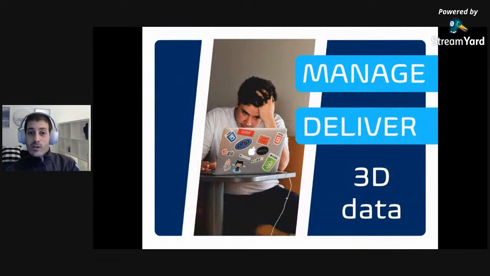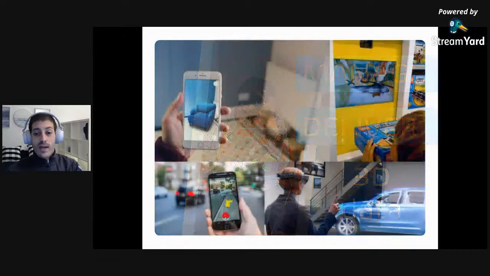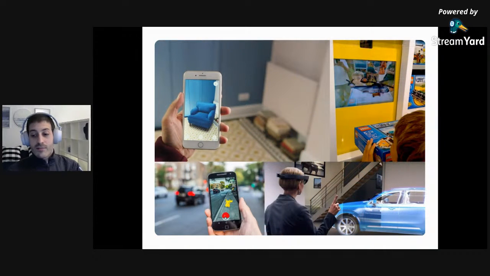And as a developer, I only wanted to do two things. I wanted to manage 3D data and deliver it to an AR device. And when talking to other developers who are building AR/VR applications for healthcare or digital media or navigation, they all said the same thing. There was no easy way to manage and deliver 3D data. But if you think about it,